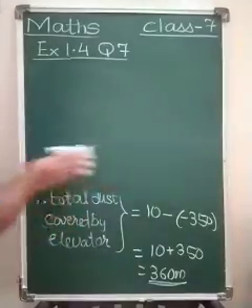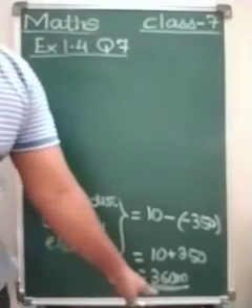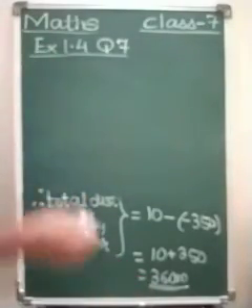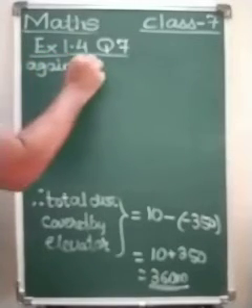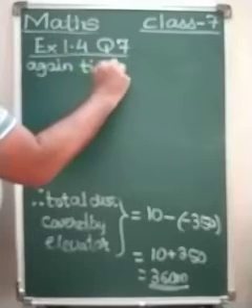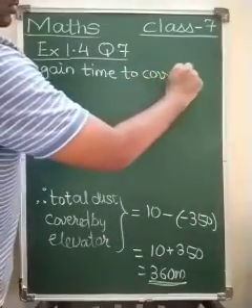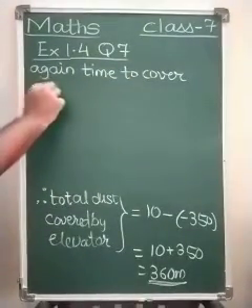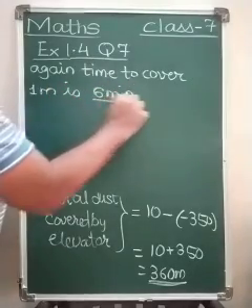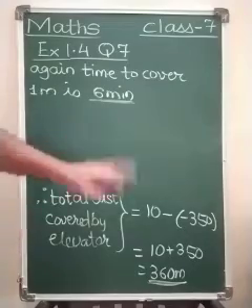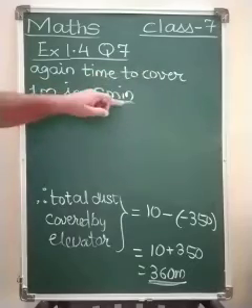Okay. So one thing we know, the total distance the elevator has to cover is 360 meters. One more piece of information they have given again: the time to cover 1 meter is 6 minutes. So the elevator has to cover 360 meters, and the time to cover 1 meter is 6 minutes.